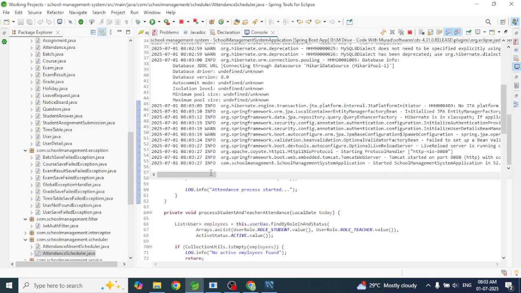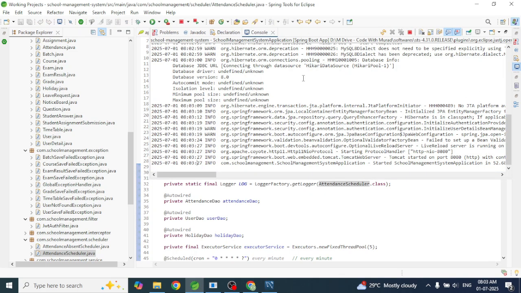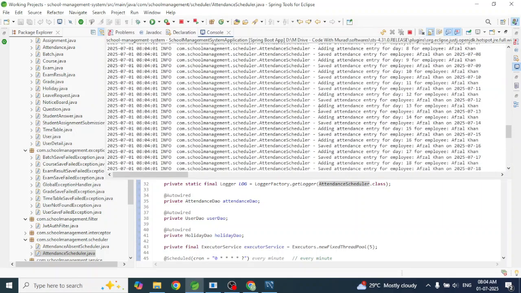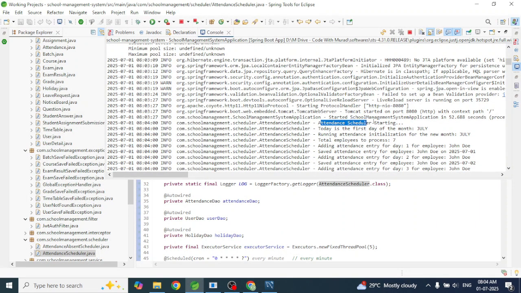Our scheduler, which scheduler? This, sorry, attendance scheduler, right? So let's check the log. Let's continuously monitor the log, and we can see here it is started. We can see here attendance scheduler starting, and today is the first day of the month